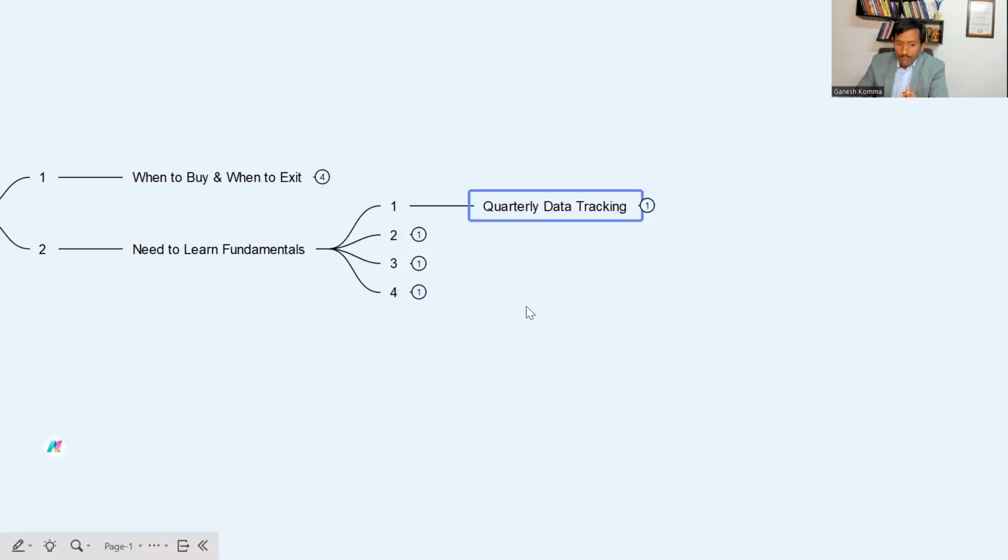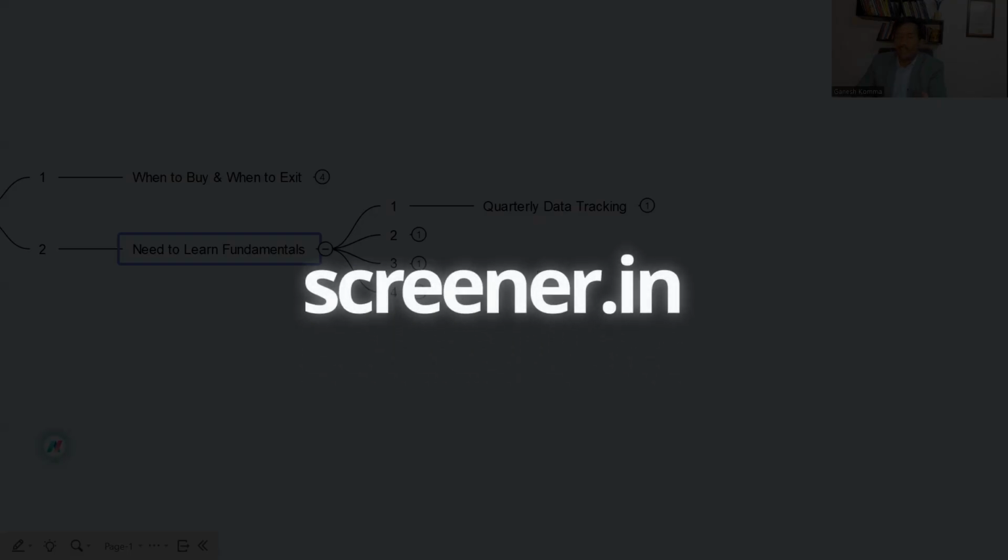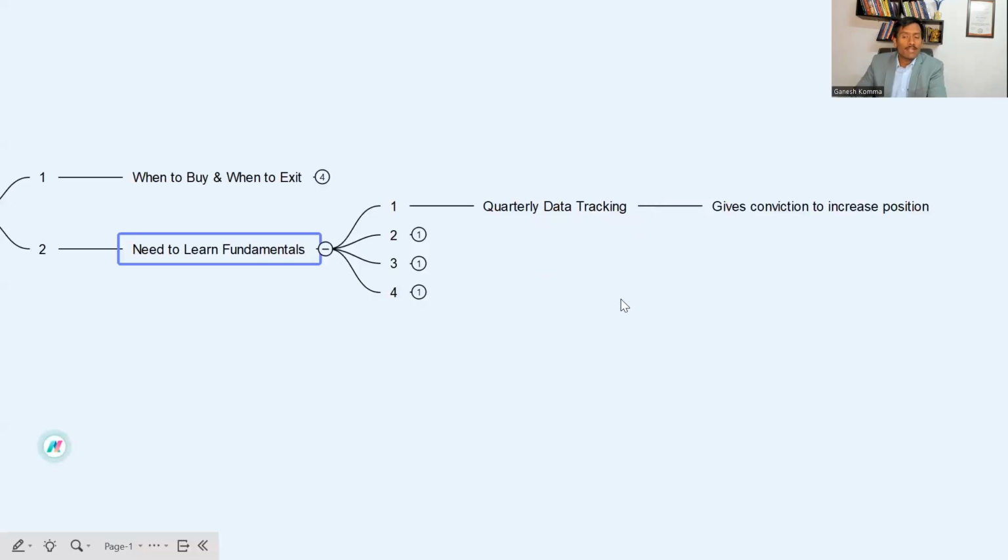So the person who is able to learn fundamentals, apart from being a technical analyst, just by going to the website Screener.in, you'll be able to track quarterly data, and this data will give you more conviction